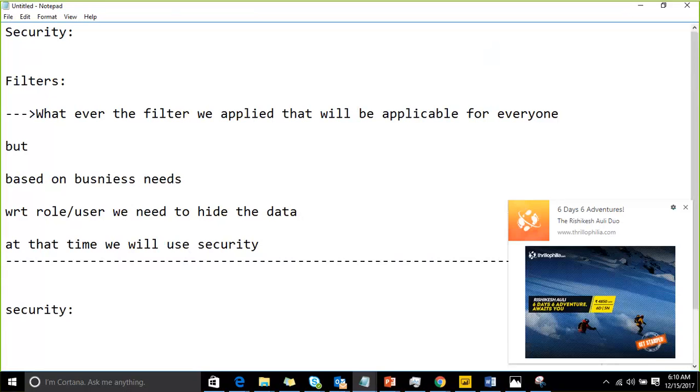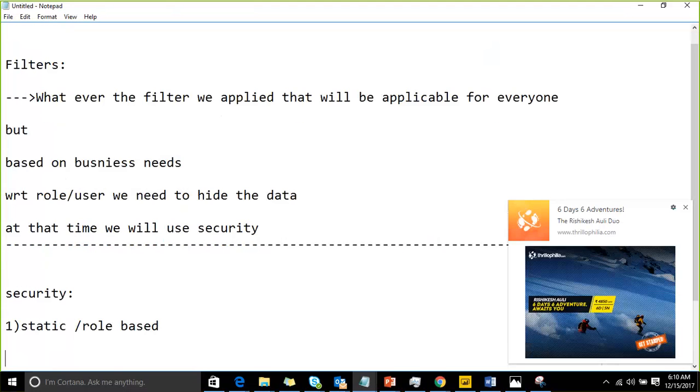Here we have two types of security. One is static or role based security. Second one is dynamic row based security.